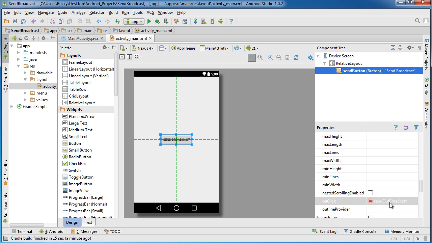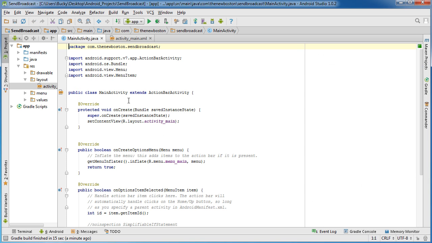This method isn't included. We're going to have to write it in just a second, but essentially, like I said, what it's going to do is send out a system-wide broadcast to your entire phone. Whatever's listening can perform some kind of action. So now let's hop over to our main activity,